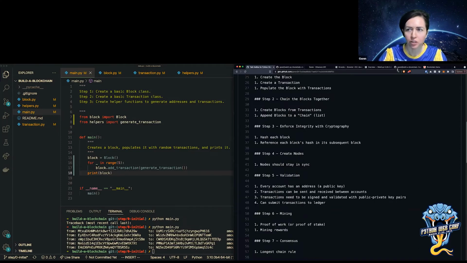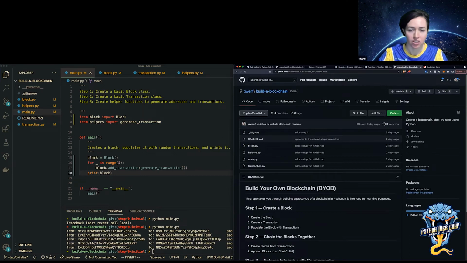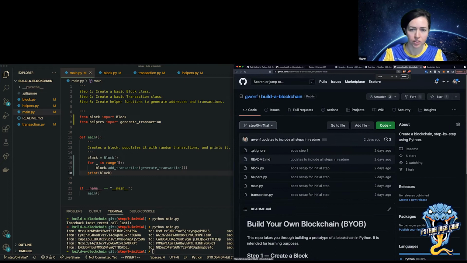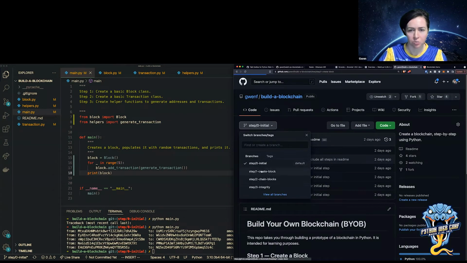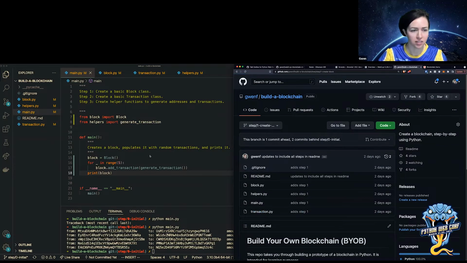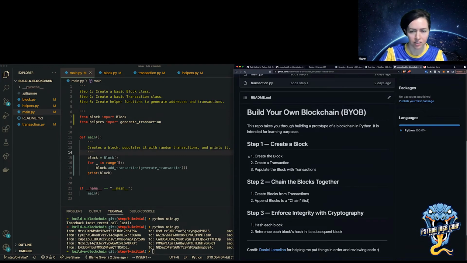So now if you go from branch 0 on GitHub, where we started, and go to branch 1, you'll see the code should be exactly like what I have now. And that's a starter for branch 1 or step 1, or it's the finished code for step 1, but it's a starter for step 2.